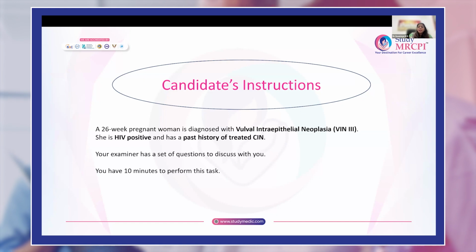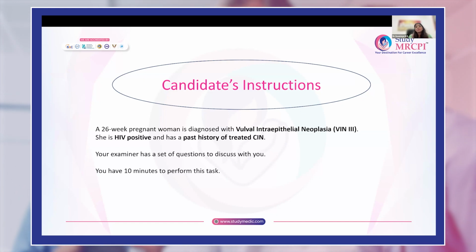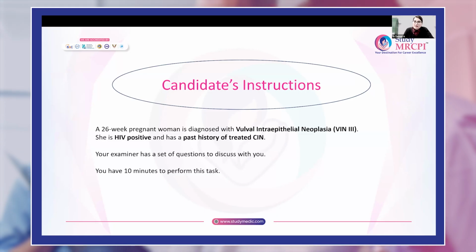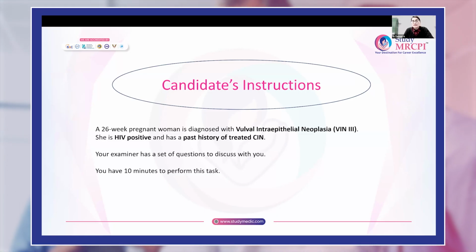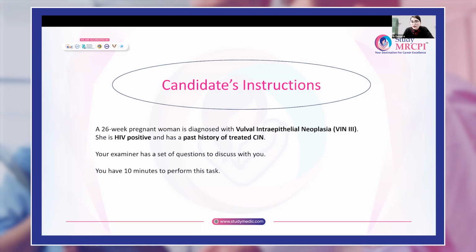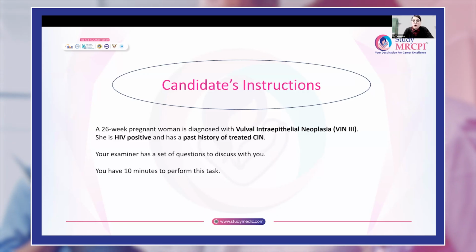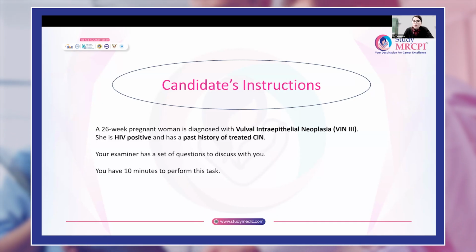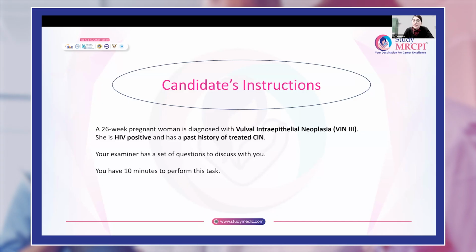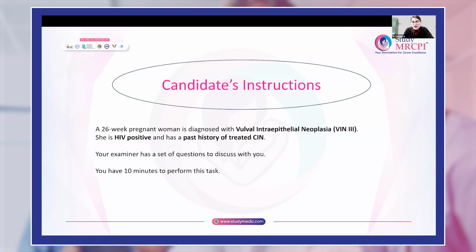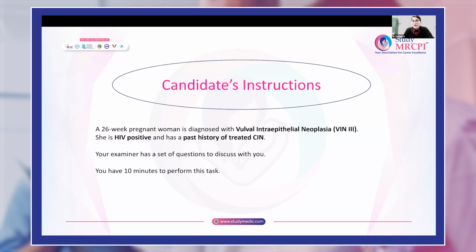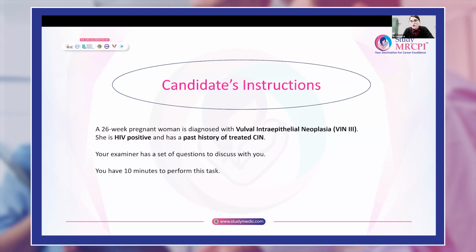So does that affect the management, or how different is it? HIV basically affects the immunodeficiency state of the woman. So this can be a multifocal disease in this woman. Then we might have problems with the recovery phase of the patient, as she is immunodeficient. So the progression and persistence of the disease can be there. And also, if she is not using any antiretroviral therapy and her immunodeficiency state is the same, then recurrence of the problem can also be there.